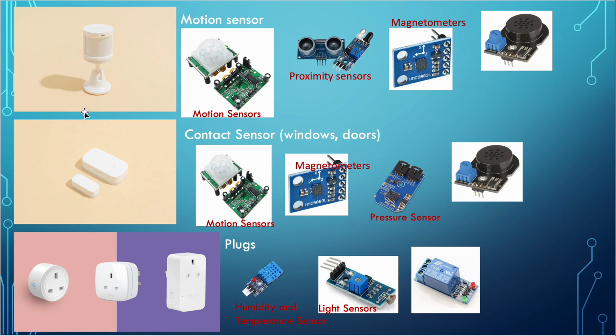But all the data which it collects, right, if it collects data every second or every millisecond on whether there is motion or not, that data is not relayed to the end user. But when motion takes place, then the alarms will go off, then the sounds will happen,